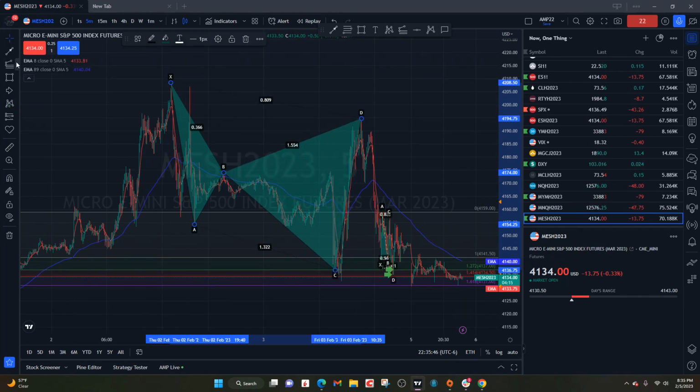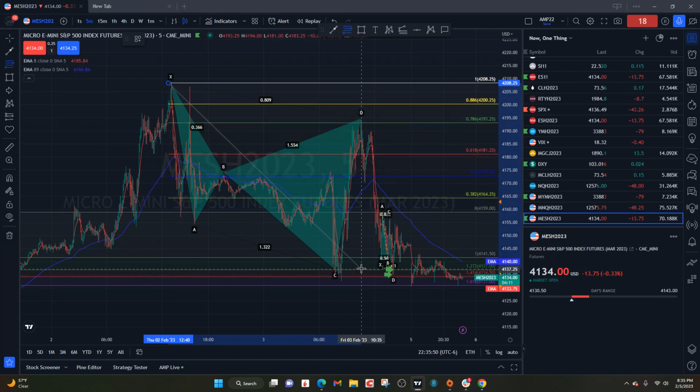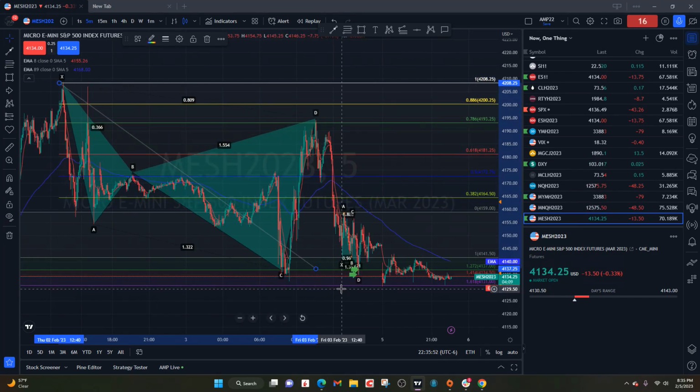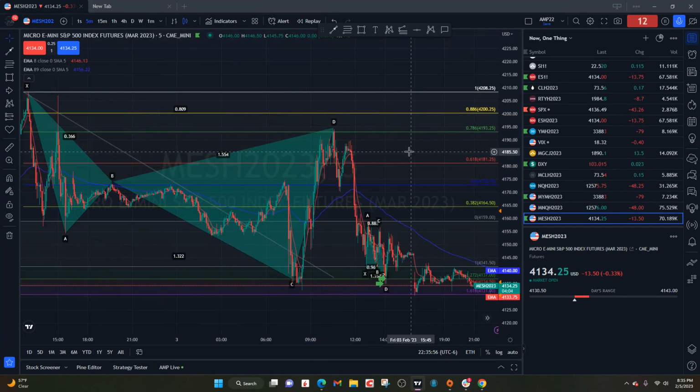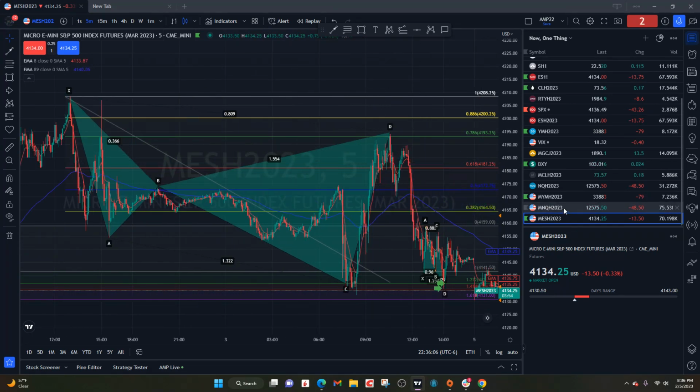cipher, right? And then if you understand why, if you start looking for harmonic patterns anywhere, you will get chopped to pieces. But if you understand where to look for them, right? And you have to understand if this thing is hitting 786, you can also trade NQ on a low time frame, right? So you have this butterfly right here, and then